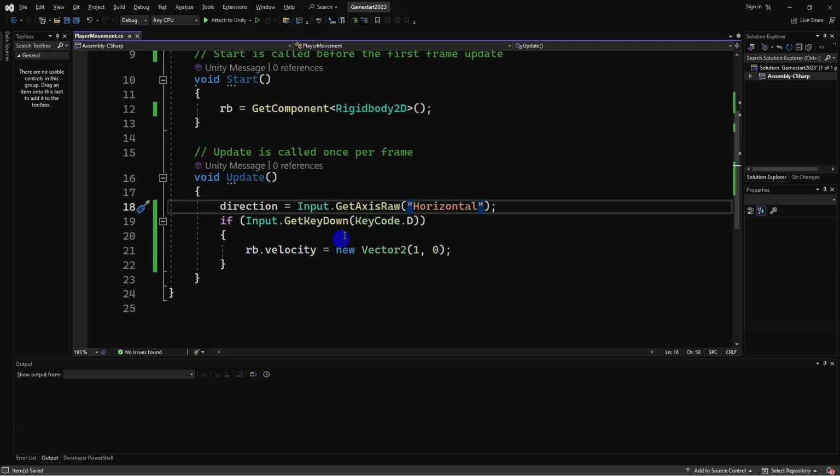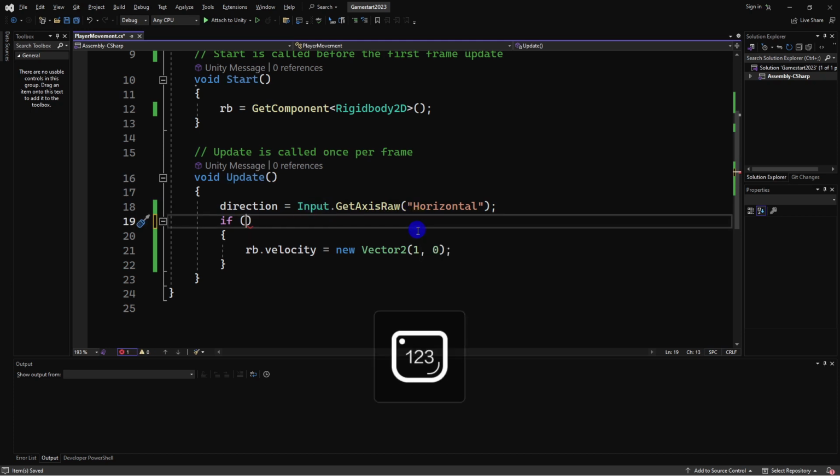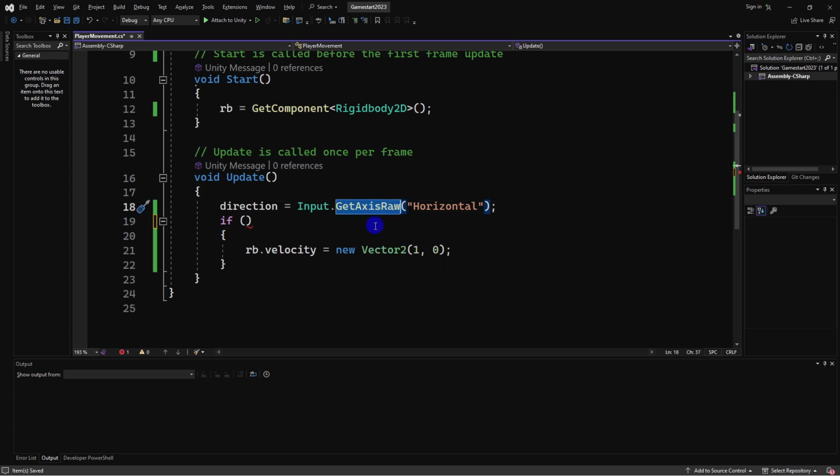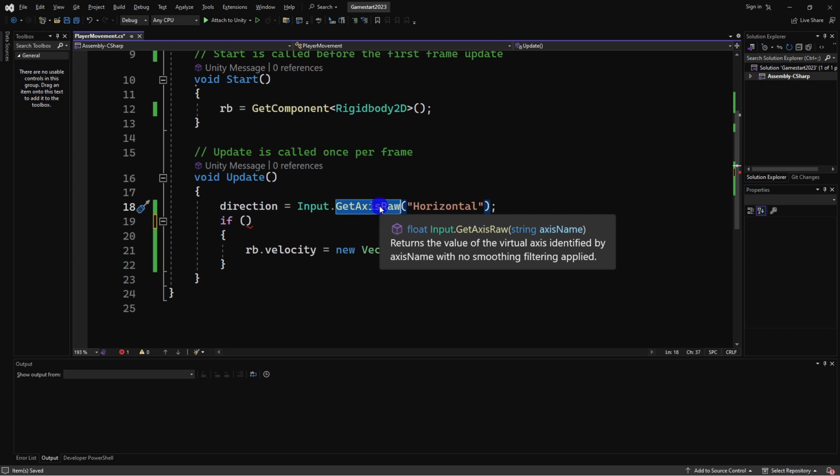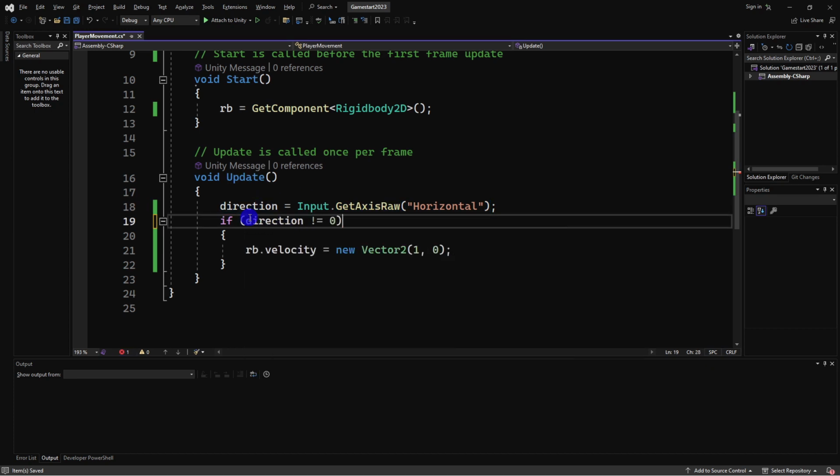So what should we change in the predicate statement? If direction, direction what? If direction, which means if we are actually detecting a direction, so the player is either pressing A or D, we want it to move. So let's look at what this GetAxisRaw returns. It's a float value ranging from -1 to 1. When nothing is being pressed, it returns 0. So if something is being pressed, it's not gonna be 0. So we can just say if direction is not equals to 0, we change the